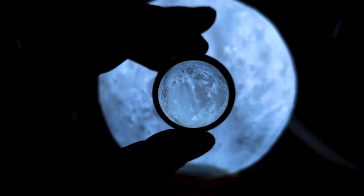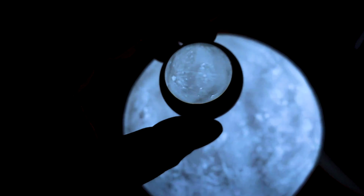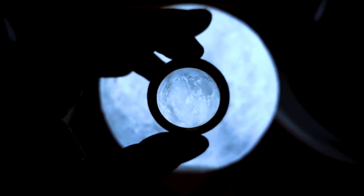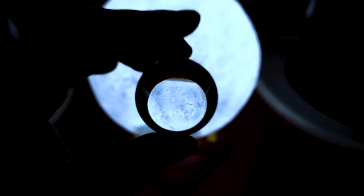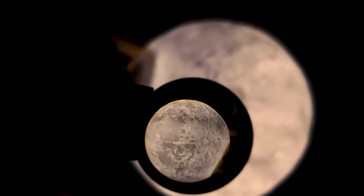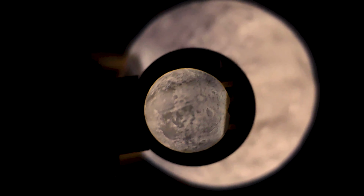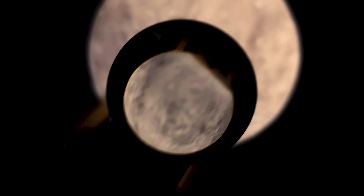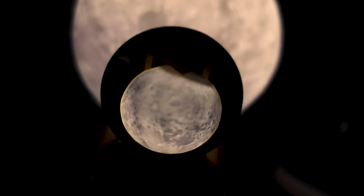Lacking an atmosphere capable of protecting it from impacts, a steady rain of asteroids and comets strike the surface of the moon and have left it pockmarked. It is the far side of the moon that is far more ravaged by this phenomena, being that it is continually facing outward from the planet. It has served as a sort of shield, protecting us from some of the potential life-ending impacts that could have